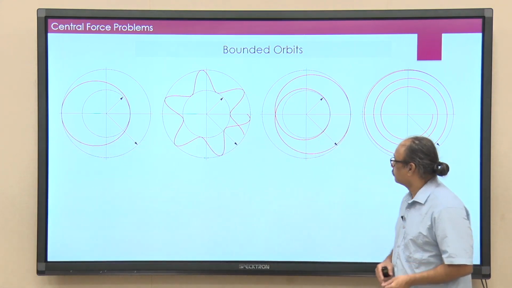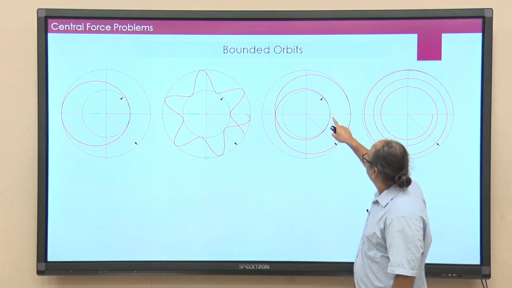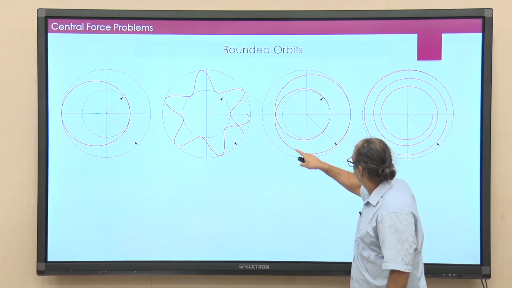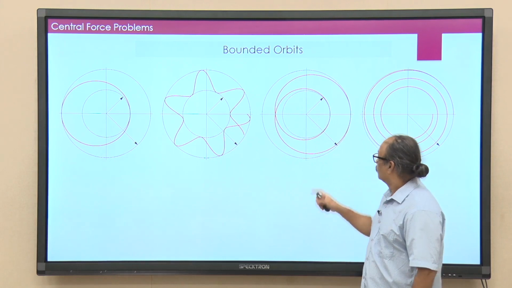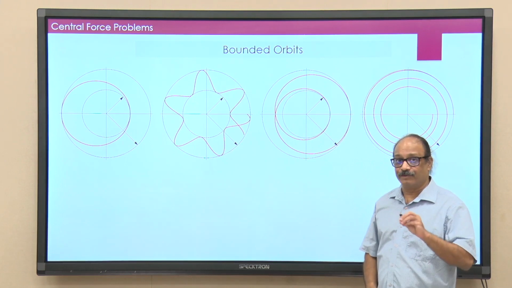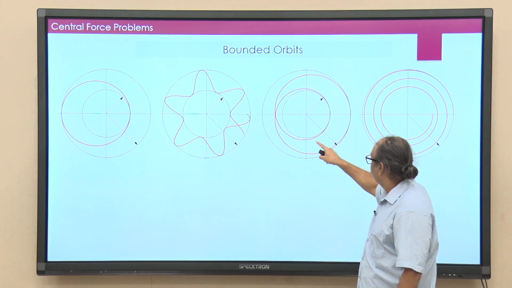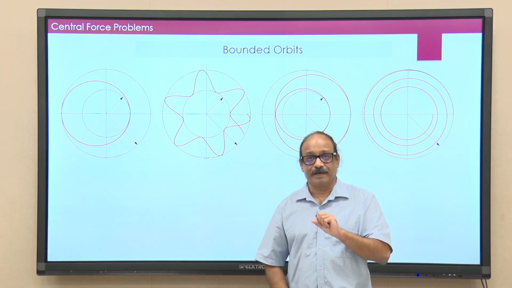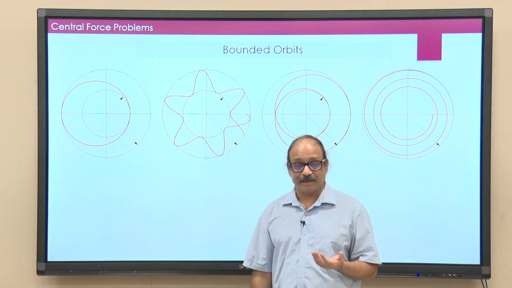Here the trajectory is the opposite of this. By the time the trajectory starts from r1 and goes to the maximum point, theta has changed by 2 pi. So, the orbit now looks like this. Then now it will start going back to r1, okay. The distance from the origin starts decreasing, and by the time it finishes another angular rotation of 2 pi, it comes back to r1. Of course, I have shown this as a closed orbit, but again this may not be the feature.